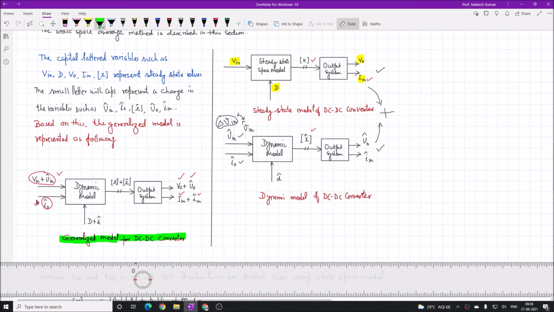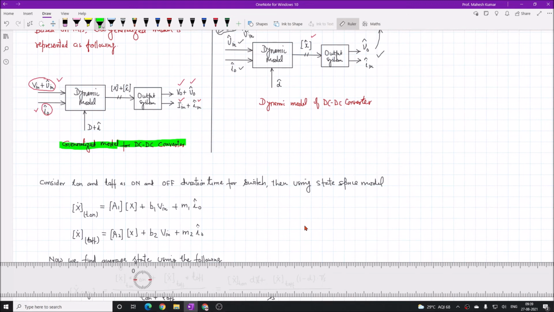So what to do with this model? Now this model can be used to study the behavior of the DC to DC converter, and it is particularly useful to design the parameters of the DC to DC converters as well as for the control scheme. You need the fundamental knowledge of control system. I hope all of you would have done the basic course in control system, that we can represent any dynamic model, any system with the help of state space modeling.